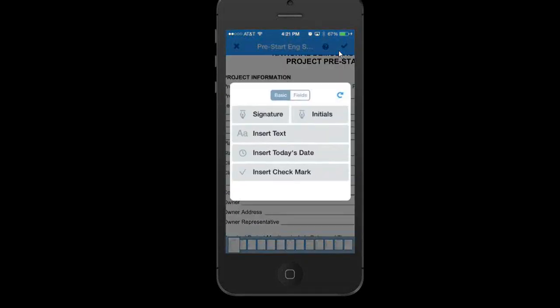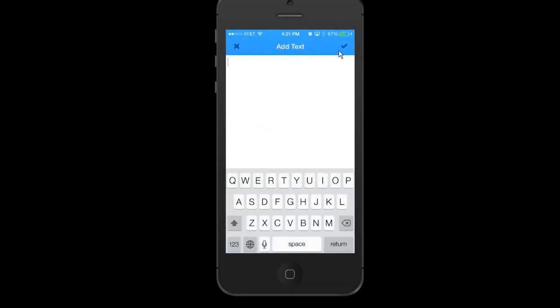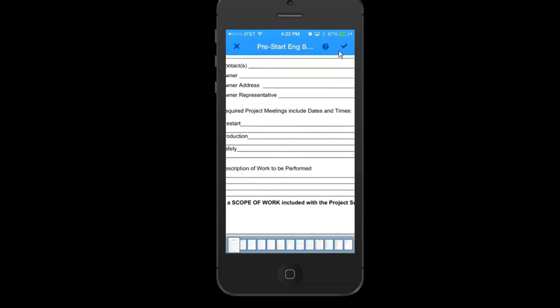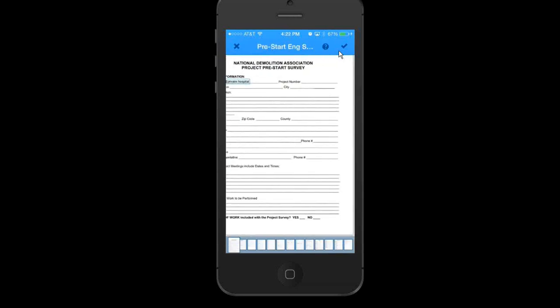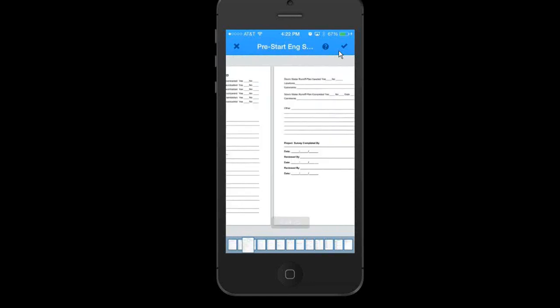I can just simply tap, insert some text, and we'll call the project name Hospital. Check that off. I can move that to the right place. At the end of this whole thing, let's say there's a signature section. We could go through all of these if we wanted.